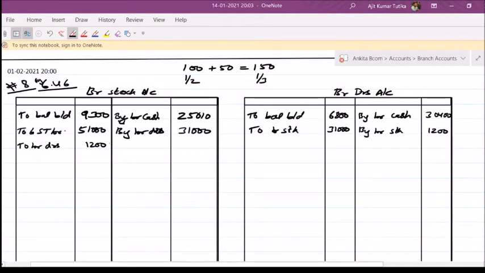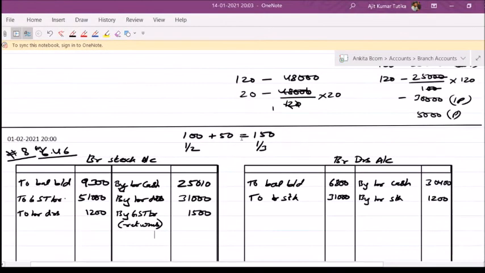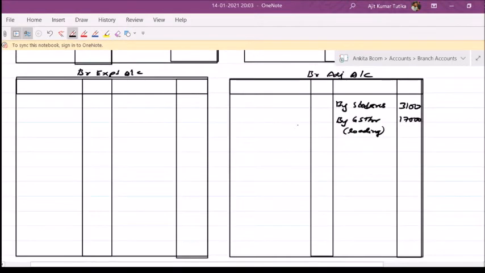Goods returned by branch to head office, invoice price. Now when the goods are coming back to the head office, then it will be by goods sent to branch at 1500 rupees invoice price. Now this is returns to head office. Because there is a return, you have to again do loading. So loading on 1500 rupees invoice price, we should take one-third. So we take 500 rupees, branch adjustment to goods sent to branch returns.